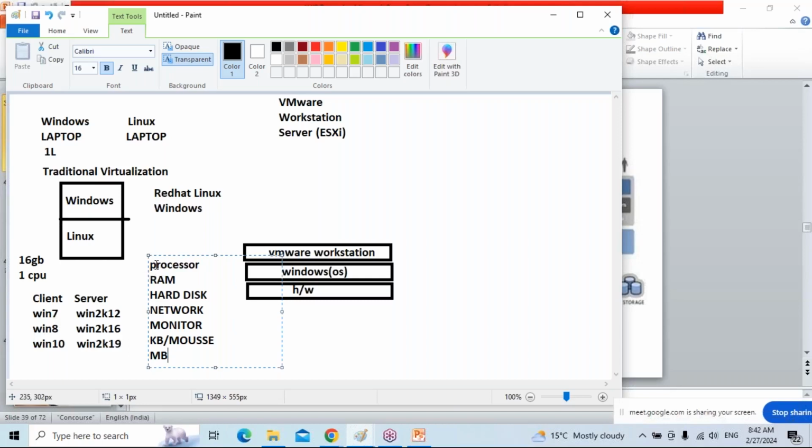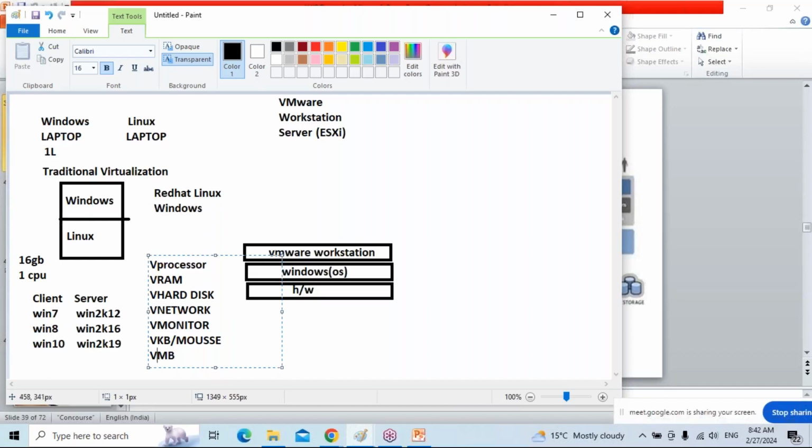Means what? Virtual processor, virtual RAM, virtual disk, virtual network card, virtual monitor, virtual keyboard, virtual mouse, virtual motherboard, virtual SMPS.